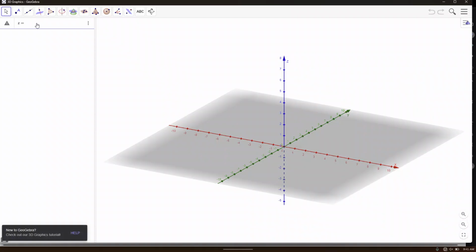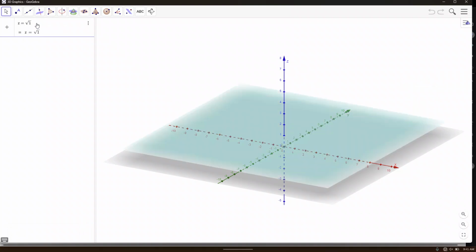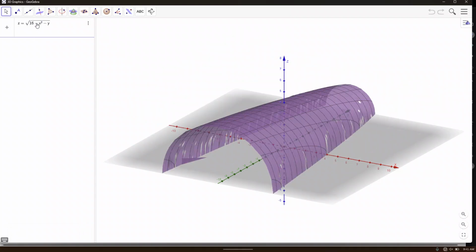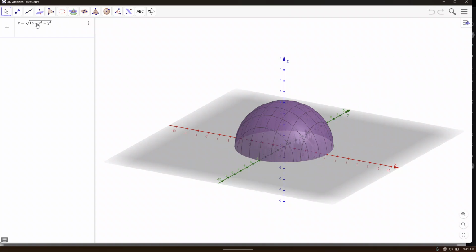So z equals the square root of 16 minus x squared minus y squared. Okay, that's the upper hemisphere. And what else? The cylinder, x squared plus y squared